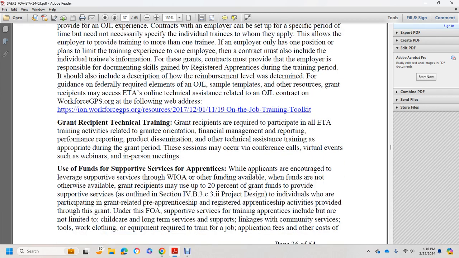Use of funds and supportive services. The applicant will encourage the leveraging of support services through the Workforce Innovation and Opportunity Act, WIOA, and other funding that is available, with the funds that are not otherwise available. The grant recipients may use up to 20% of the grant funds to provide support services outlined in Section 4B3C2, Project Design, to individuals who are participating in grant-related registered apprenticeship activity provided through this grant